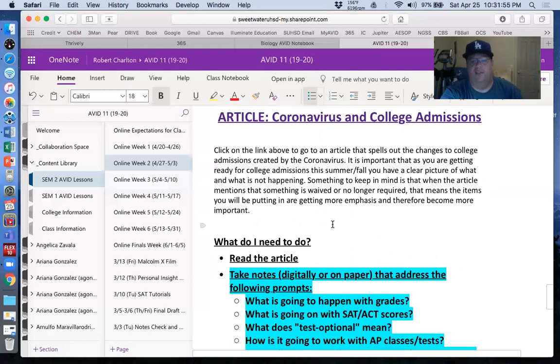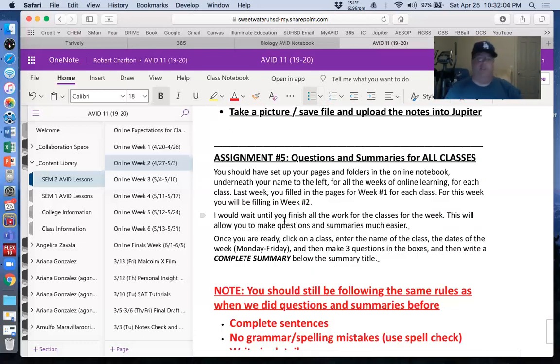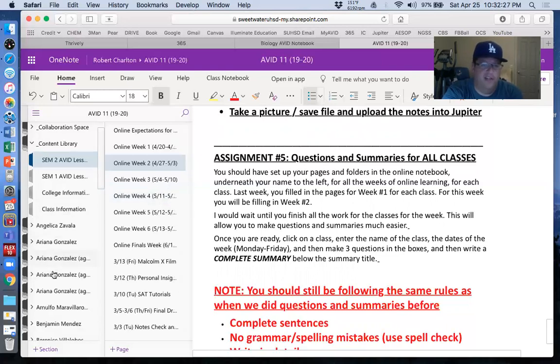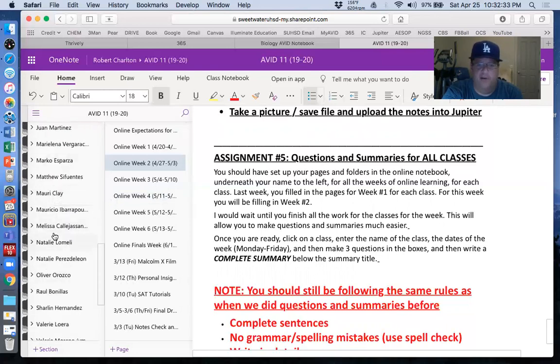Article and notes, that's going to take you some time. I would probably spend about 30 to 45 minutes on that at least. And then questions and summary. Again, I would wait till the end of the week to get those done. You should be able to bust that out. With your expertise level, you guys are pretty smart. I would say you'd be able to bust that out in 40 minutes tops. I think you can do it even faster. 3 questions and a summary, no notes, no slides, just 3 questions and a summary per class. You've got this. And don't forget the questions and summary are over here on the left-hand side underneath your names. Okay, I'm not going to click on anybody and put anybody on blast here, but you should have them already done for week 1, so week 2 should just be a matter of filling them in.